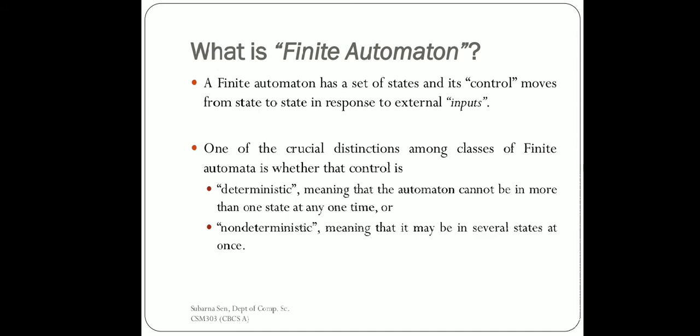There are two classes of finite automata based on how they transit. If we are feeding one input to a particular state, let us say we feed 0 to q0, and we can determine that for 0 at q0 it is going to move to q1 only and not to any other state, this is called determinism. In a non-deterministic finite automaton, for a particular combination of state and input, it can transit to more than one state. So this is the difference.